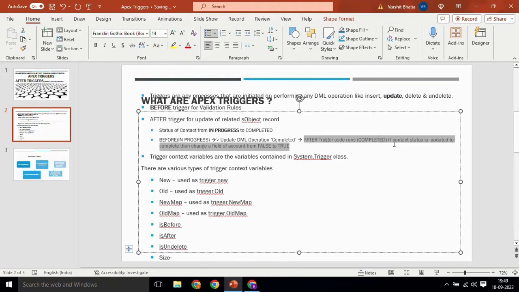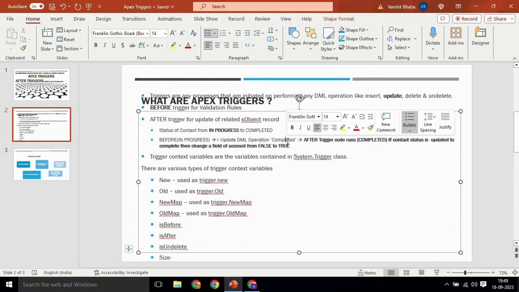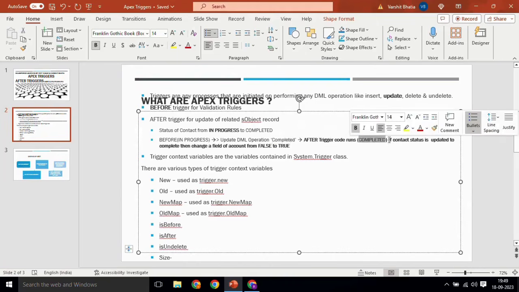I'm just taking the simplest example: whenever the value of a status field in a contact record is changing from in progress to completed, in before context the value that will be shown to you is in progress, then the value gets updated to completed. Then in after trigger also the value remains completed, and